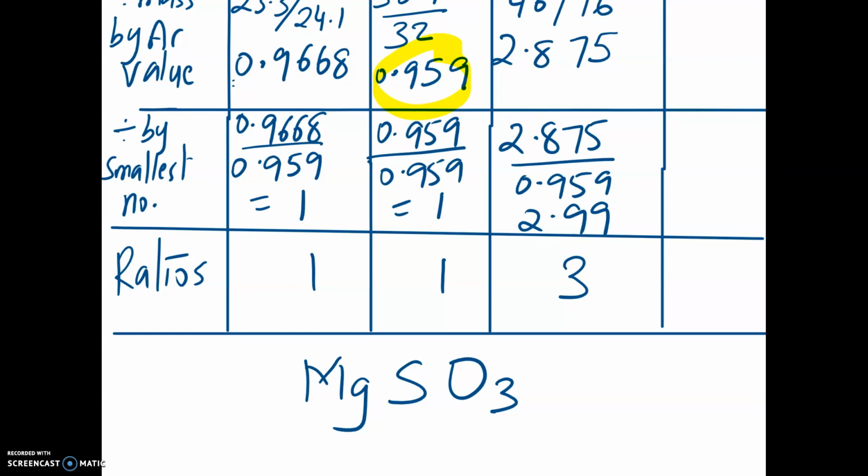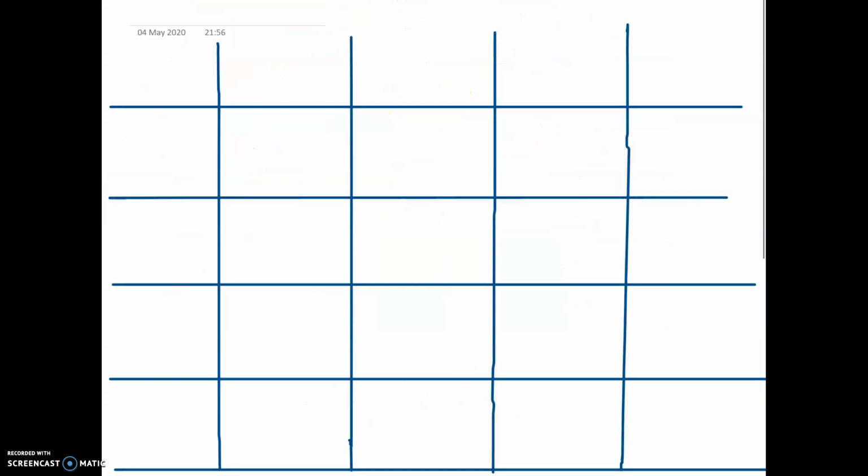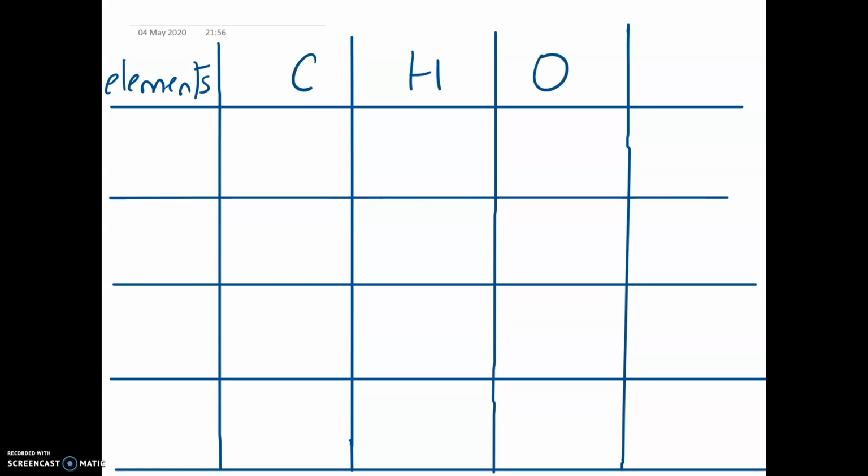So this final time I'm going to show you a slightly different way of calculating empirical formula, where you have only 2 values given to you. So you calculate the third value, and you also have a multiplication factor that you need to introduce. So this time the elements are carbon, hydrogen and oxygen. The masses in percentage are 47.37,